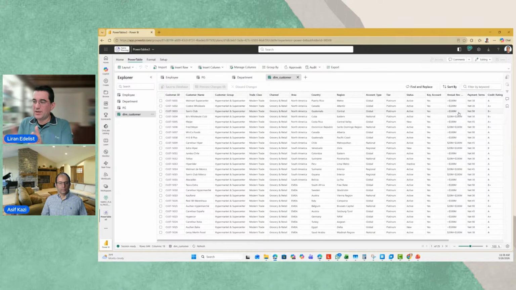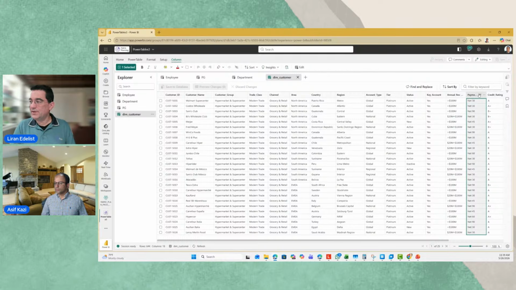This is my customer dimension, and for each and every customer I have some information. Let's say I'm in finance, and I want to change the payment terms because the customer was asking me to move them. In some cases, I will just go back to the CRM or my billing system and update there. But sometimes I really want to know the payment terms here for my planning purposes. I can go here and change it, but this is not a nice way to type in the information.